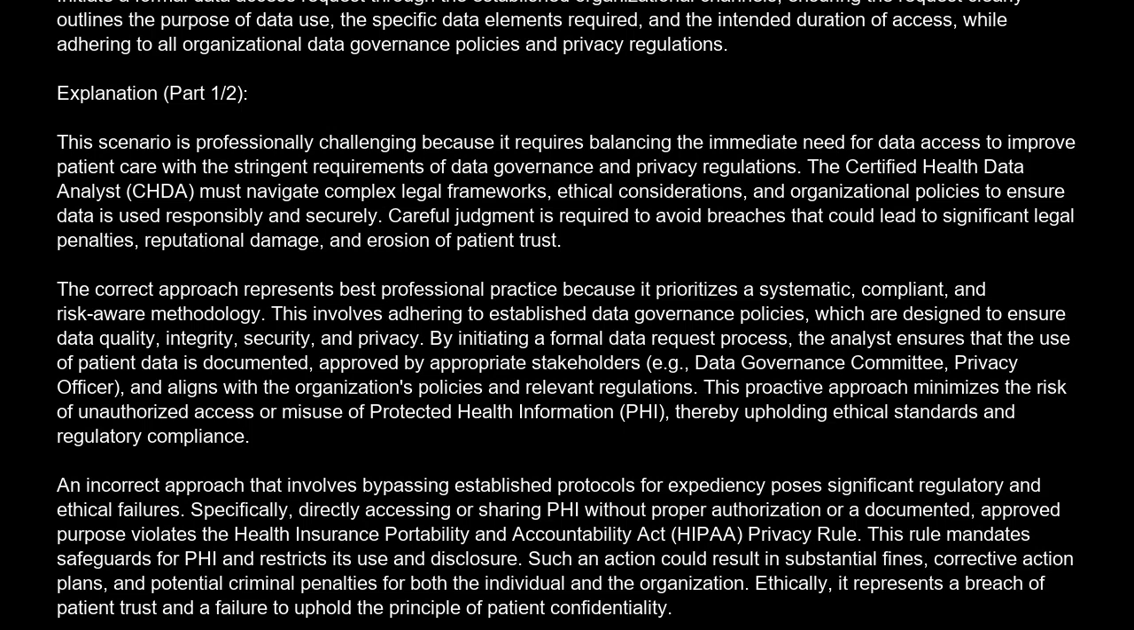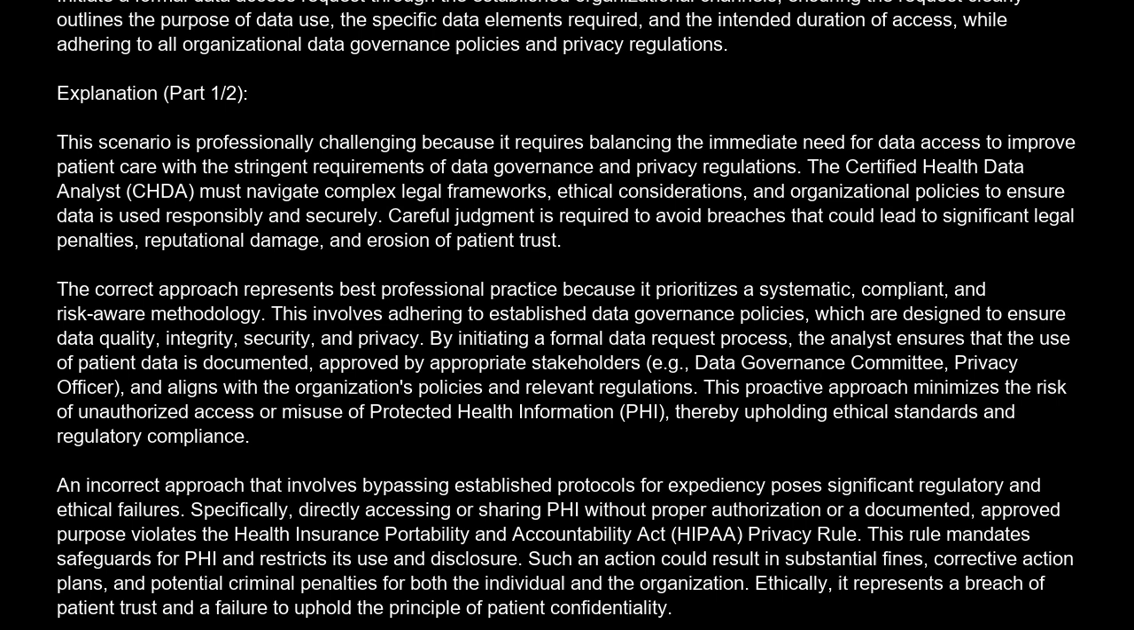The correct answer is A. Initiate a formal data access request through the established organizational channels, ensuring the request clearly outlines the purpose of data use, the specific data elements required, and the intended duration of access, while adhering to all organizational data governance policies